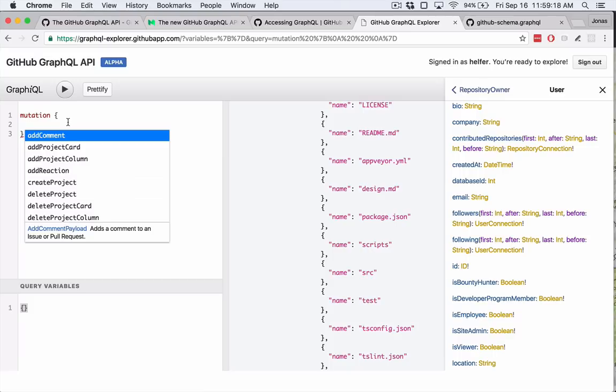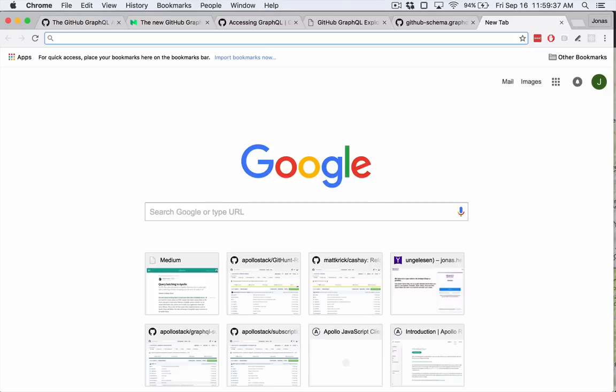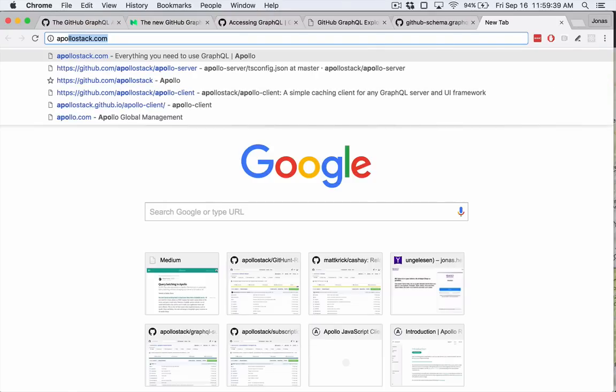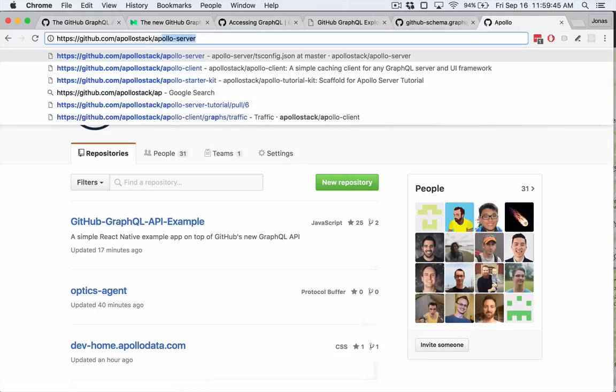So this is pretty cool, because it's going to mean that whenever they add a new feature, it'll be available to people immediately. But most people aren't really familiar with the project thing yet. So what I'm going to do is add a reaction, because who doesn't like emojis, right? To add a reaction, I need to know what I want to add a reaction to. So I'm going to go find our Apollo repo,